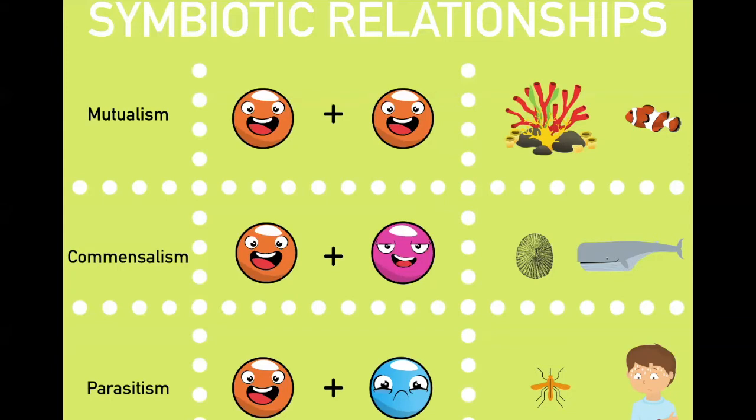Let's try to remember these with some hand signals. First, we have mutualism. For mutualism, we will use the signal mutual. Both organisms are at the same level. They're both benefiting. So again, mutualism. For number 2, I'll do this as our signal. Commensalism. It'll help us remember that one of them is happy and one of them does not care. And by one of them, I mean one organism.